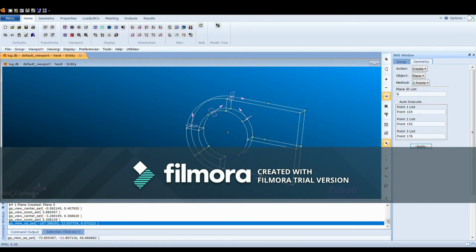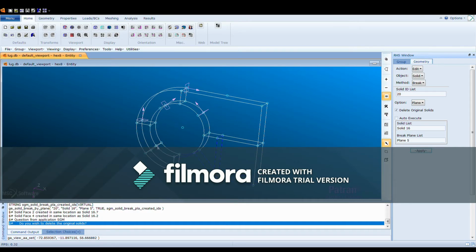Our next step will be to use this plane to break a solid. So the solid we're going to break is solid number 19, which is here. And what we're going to try to do, actually it's solid number 16, and the plane we're going to use is this plane, and we're just going to hit apply, and we're going to go yes for all. So this is the plane that's been broken,